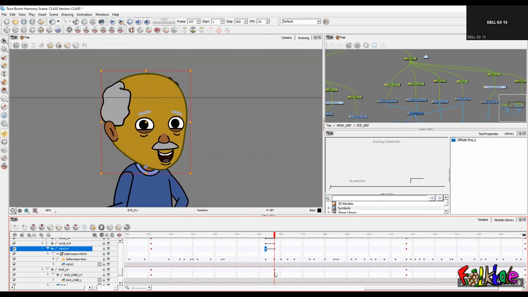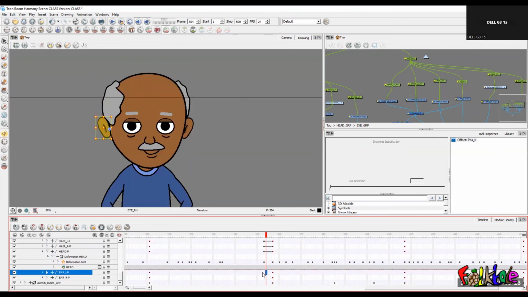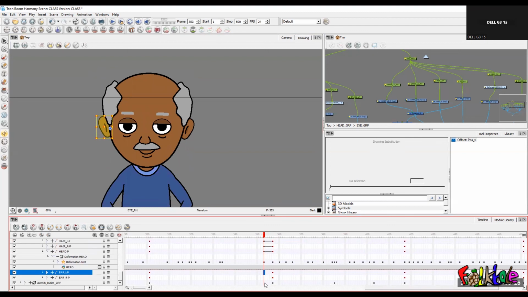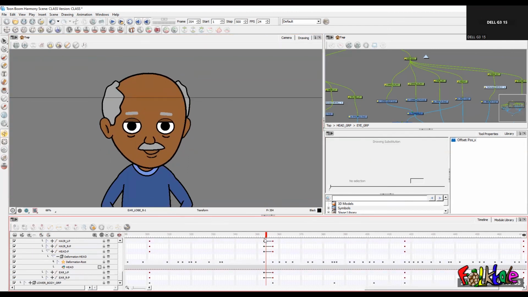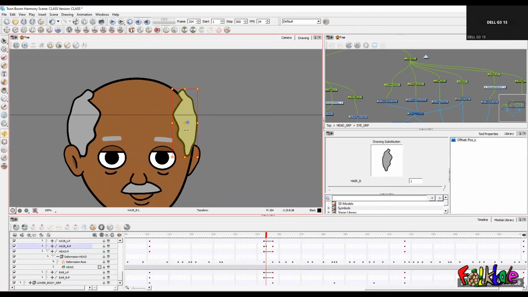Okay, so I will continue to go down to the ear. I've not done that of the ear, that's why it's like that. So I will go down to the ear and also interpolate. You can see that it's now looking better. Except the head, probably the head needs to still be in front at this point. And I can just push it